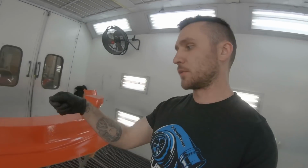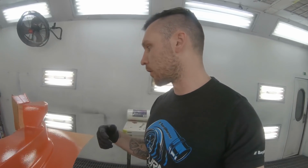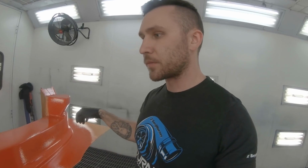All right, now that that's all clean, let's talk about ways to spray or apply your gel coat. A lot of people actually get into making molds and stuff like that and never stop using a brush. A lot of people will start using a brush, and that is the cheaper and easier way to go, but I actually had a lot of trouble when I first started with the brush, because if your gel coat's not even and it's a little thicker in some areas,